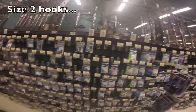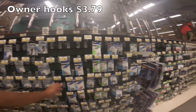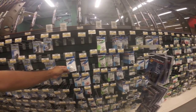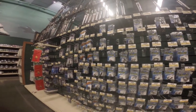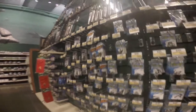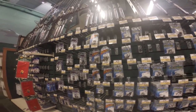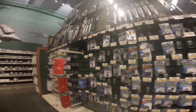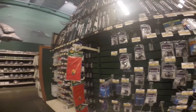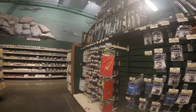We're now here at the saltwater hook section. One of the popular hooks are the Owners. There's like a size 2 light circle hook. We're looking for a bait hook, because if you go saltwater fishing, you will use bait, and you will use bait hooks. A lot of times, a lot of people use circle hooks because they're easier to catch fish, but you really can't set the hook on a circle hook. So I highly recommend you start off with something most simple, easiest to use, and it will be a size 2